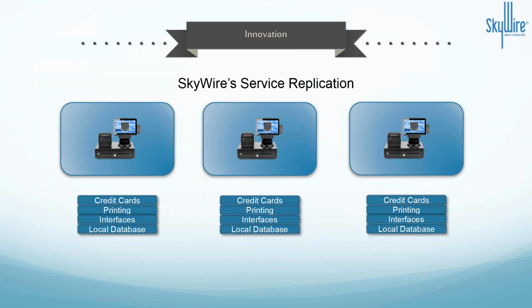So let's take a look at SkyWire service replication. Like I said, we had a single terminal, but we have to replicate these services on every terminal that we have. So anywhere from 3 to 3,000 terminals, everyone will have their own interfaces and their own setup. This can span out based on your recommendations, your server design, your internal architecture. Where this gives us a leg up is that instead of everyone having to adapt to what the point-of-sale vendors have out there and what resiliency they have in place,